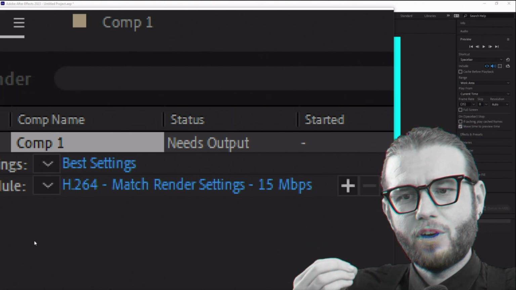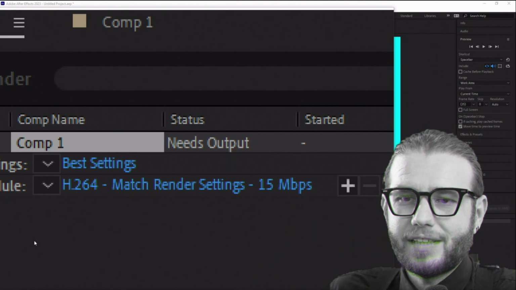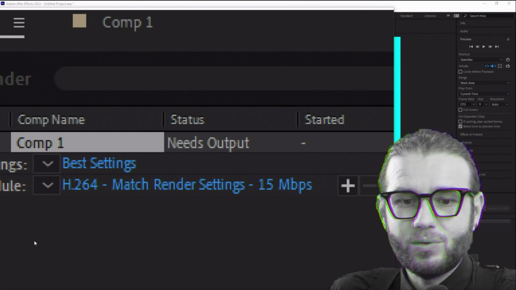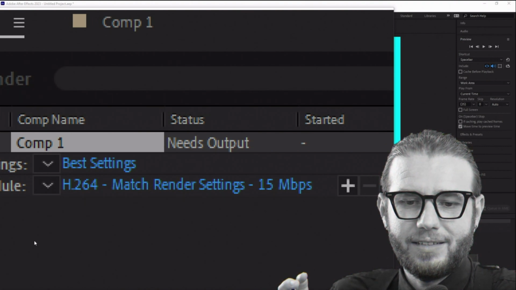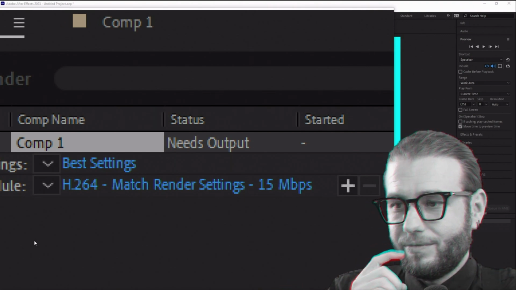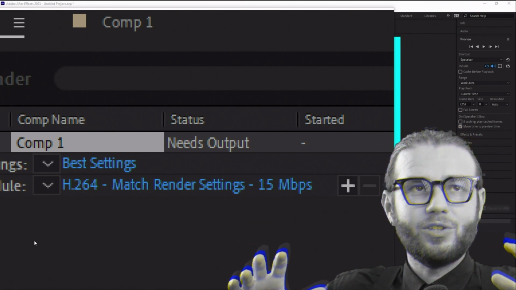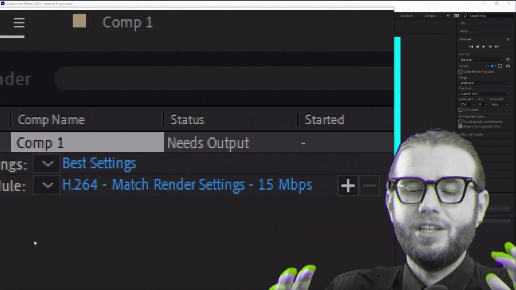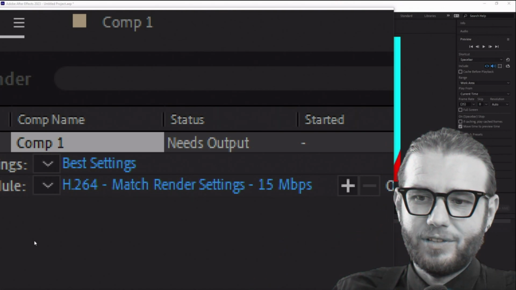You use that format to upload to YouTube, to Vimeo, and so on. If you want to send your video to someone else who needs to edit the video, don't use this format. In that case, you need to choose an uncompressed format. For our sake, I assume you're finished, you're not shipping it to anyone else who wants to edit your video. You want to export a version that you want to upload to the internet. And for that, you're going to use